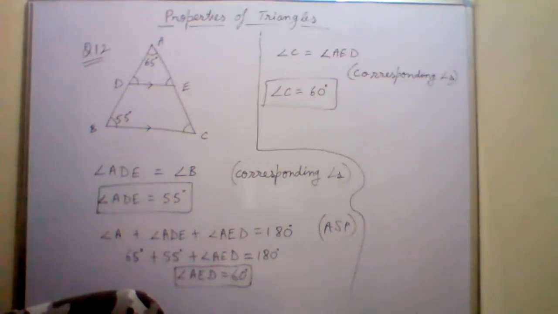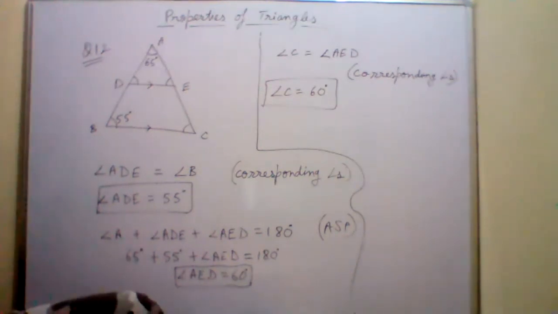Why no? What is the meaning of obtuse angle? That means the angle is greater than 90, more than 90. So can two angles in a triangle be greater than 90? If two angles are more than 90, that means the sum will be greater than 180. That means it will not form a triangle. Not possible again. No. Can we have two acute angles in a triangle? Yes, definitely we can have two acute angles in a triangle.